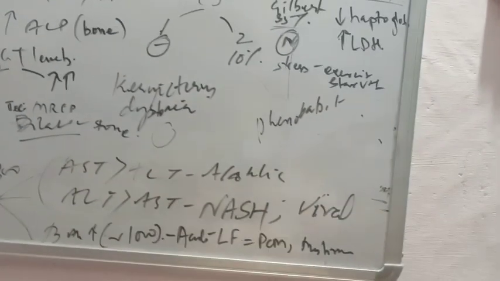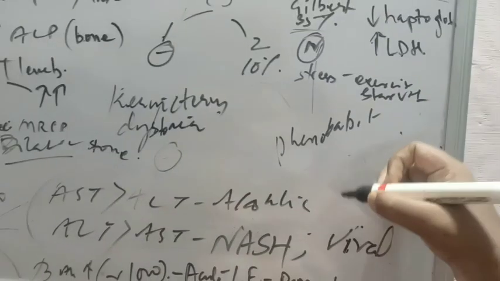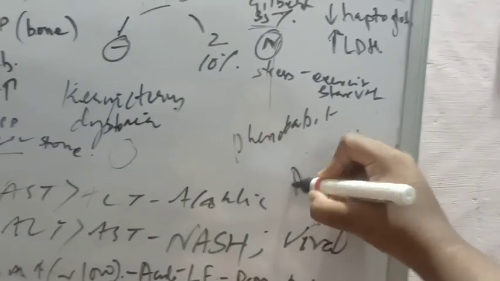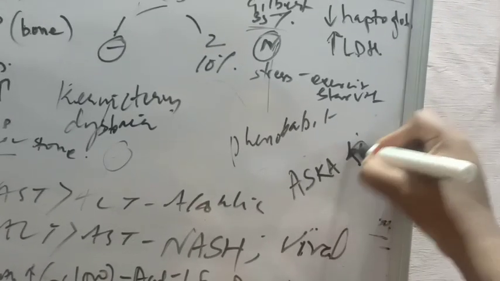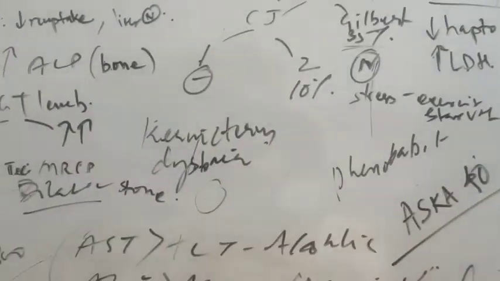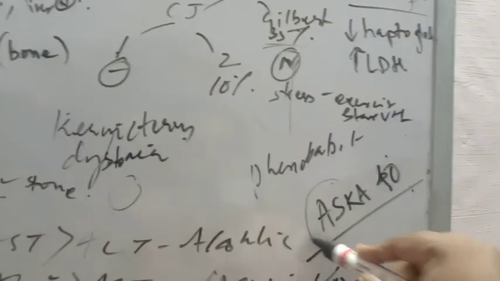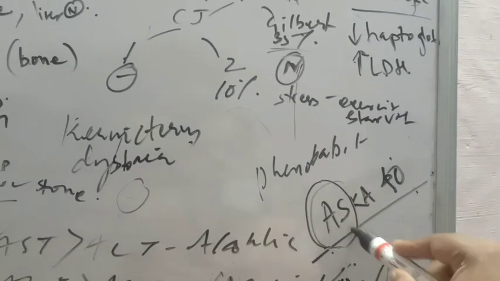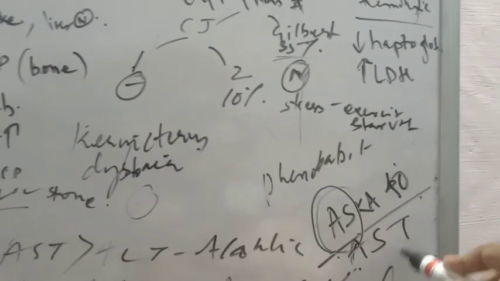Now there is a mnemonic for it. I belong to Odisha, and in Odisha the most famous alcoholic beverage is something known as Aska 40. There are even so many songs about it. Even posh people, like medical college students, might not drink it, but it's a part of day-to-day conversation. Aska 40 is a Desi Daru, a country liquor. So from here I remembered Aska: AS over 40. Okay, so this is the mnemonic. AST is more than ALT in alcoholic.